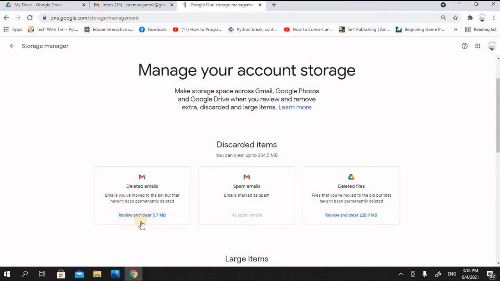It tells me that there are 5.7 MB deleted emails which have been moved to the bin but haven't been permanently deleted. This is something I can take care of. And it also says that I have files moved to the bin but that have not been permanently deleted. These are files which I received as attachments.